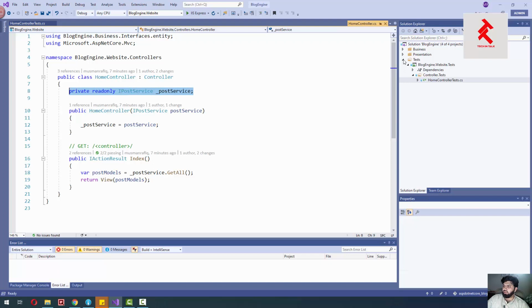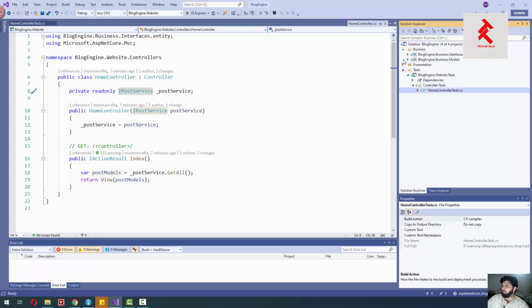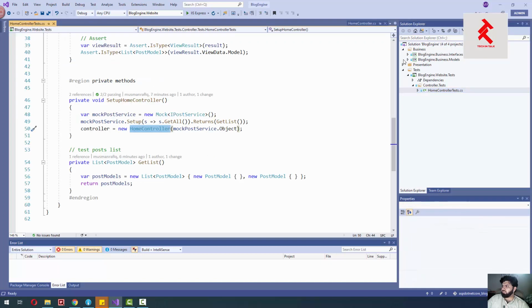We have a read-only IPostService, and this is defined inside the business layer. Currently, to make those two tests pass, I had to create two separate projects in the business layer. The first one is the models, basically our business models, which will be passed from the service to our controller layer.